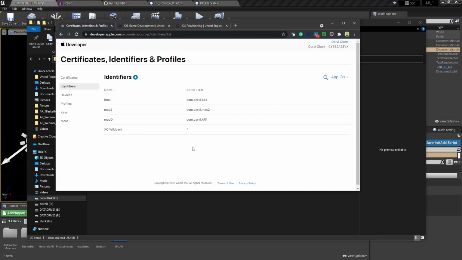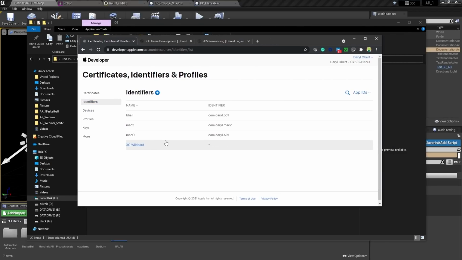This is essentially the project identifier. It's really important that this name matches what's in your project settings, and I'll show you specifically where that is. After you make your project identifier, you'd add all the devices that you own, again, in the docs, and then you would save out a profile that you would then import into Unreal. So you generate some requests on your end, you go to Apple's website, you give them the information that you've generated. It will then spit back out more information and signed keys that you then add into your project. That's essentially what's happening here.